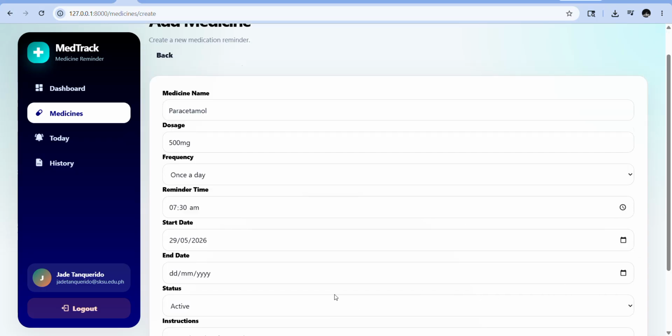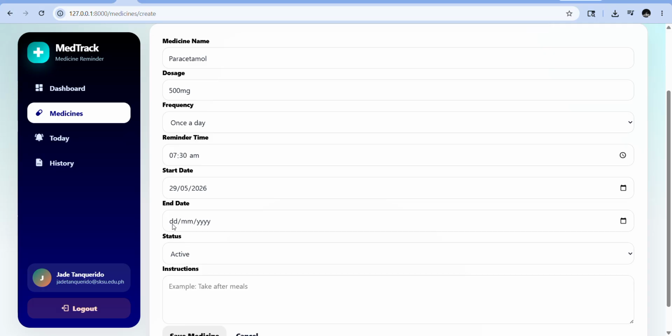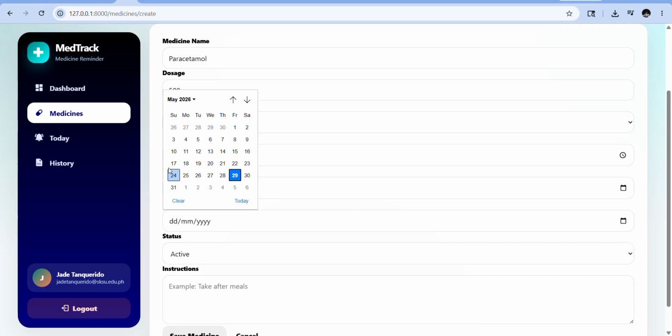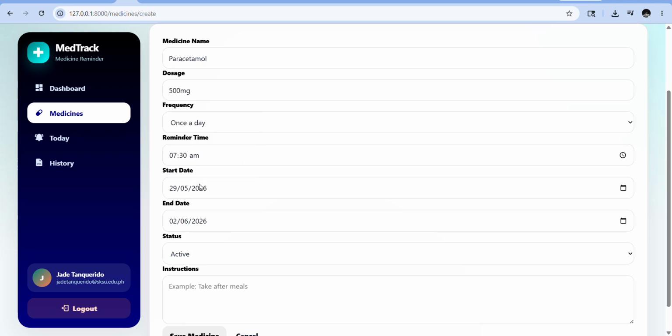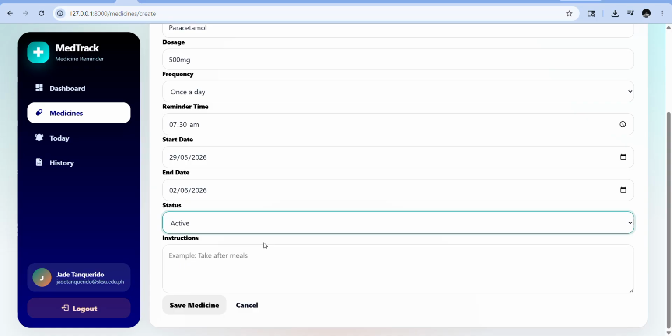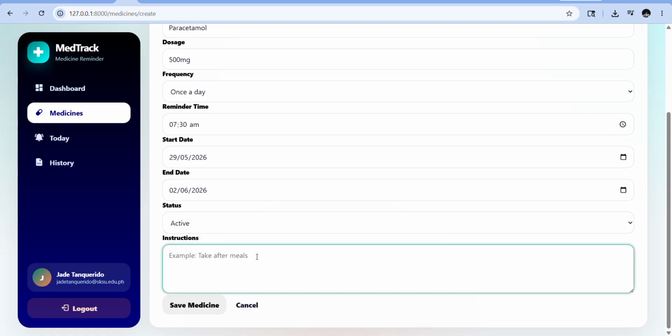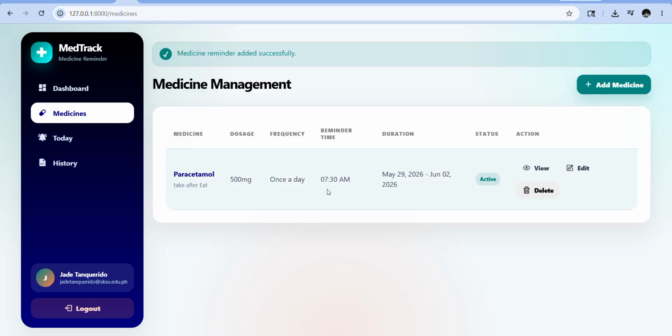The end date is June 2. Set as active. Instruction is after eating. So, save the medicine.